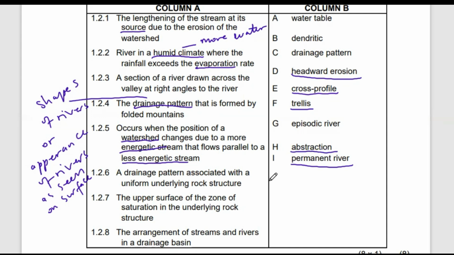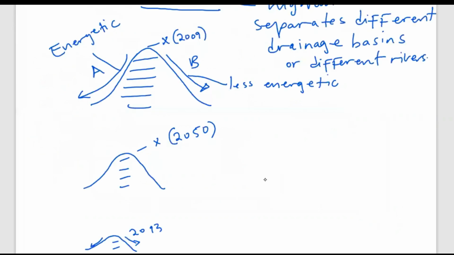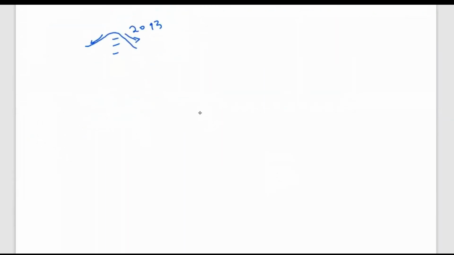Excuse me. Now, there are two things to also understand here. They're saying uniform underlying rock structure. Don't forget, we spoke about the meaning of a drainage pattern, and we said it refers to the appearance of streams, or the appearance of rivers, or the shape of a river. Now, a river which is associated, the word associate is the same as rivers which flow in such areas where the rocks are uniform. Now, if we check here, if I scroll down,